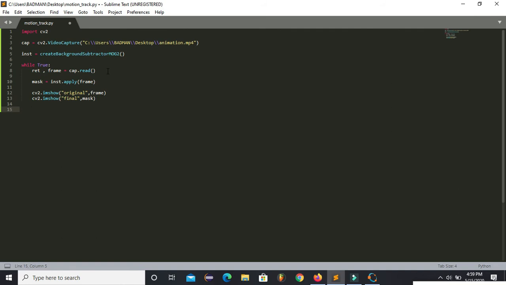Now I will use if cv2.waitKey, which will prevent the output from closing.